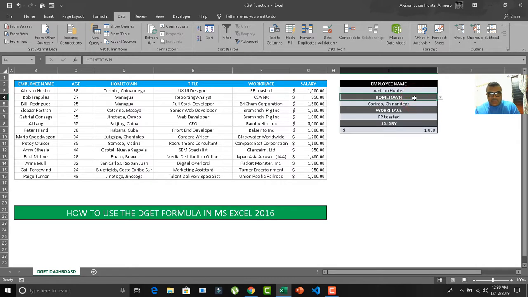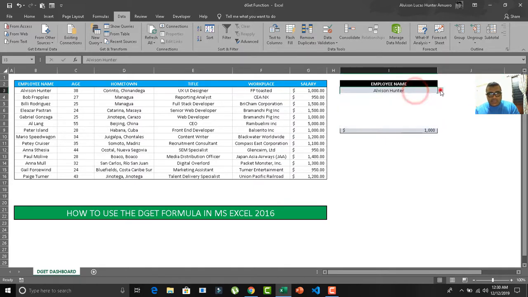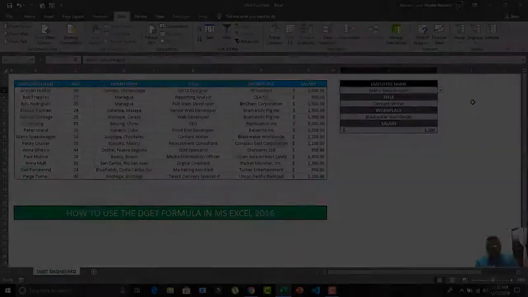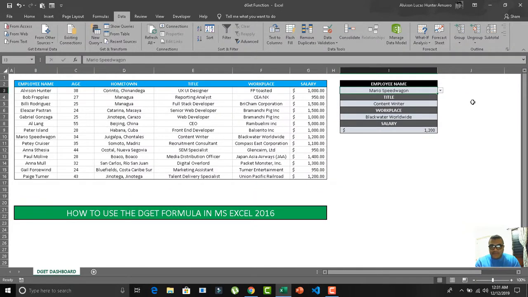Right now I have set up the hometown here, but if I would like to have the title, I can basically take the title from the list, and I will retrieve the title that I already have on the table here. It will work exactly the same with the rest of them, as long as I pass the parameter, which is the reference to that field, which is basically the column title that I'm using for this. So as you can see here, this is a very simple but yet effective formula that you can use in the modern versions of Excel